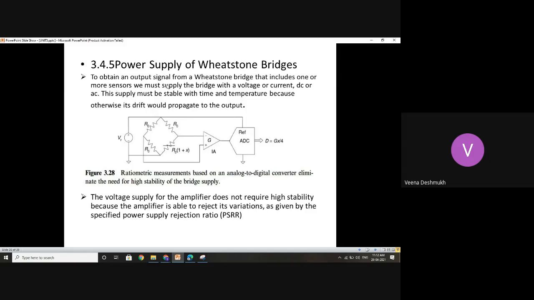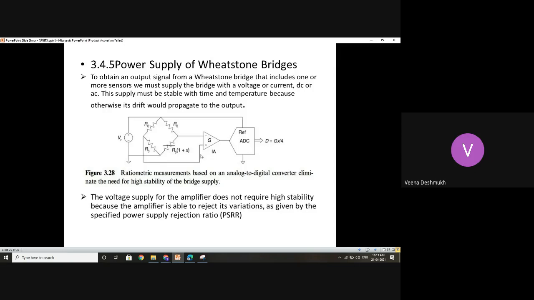So to obtain an output signal from a Wheatstone bridge that includes one or more sensors, we must supply the bridge with a voltage or current, DC or AC, that depends upon what type of measurement you are making. Most of the time, when resistors are connected like this, resistance variable sensors are used, it is always the DC supply. Because whatever measurements we make are going to be DC voltages. So the difference in DC voltages is going to be applied here to the